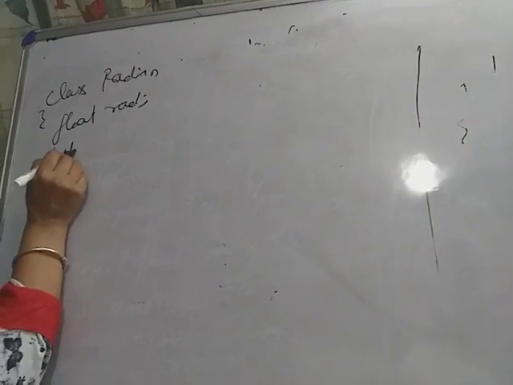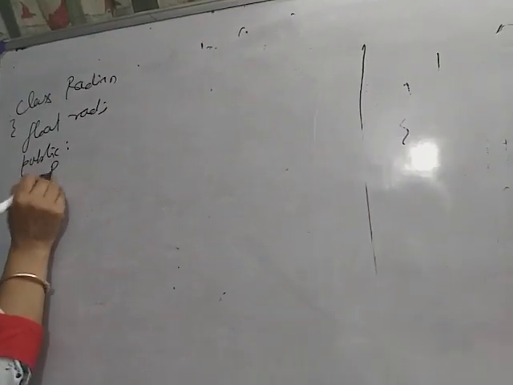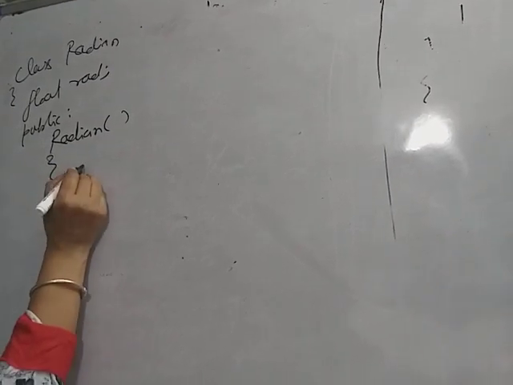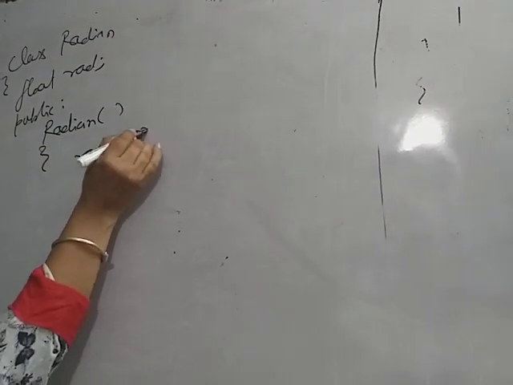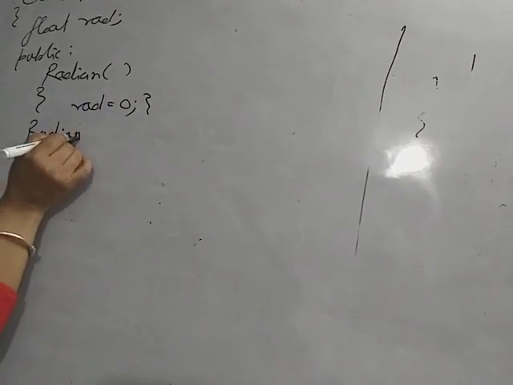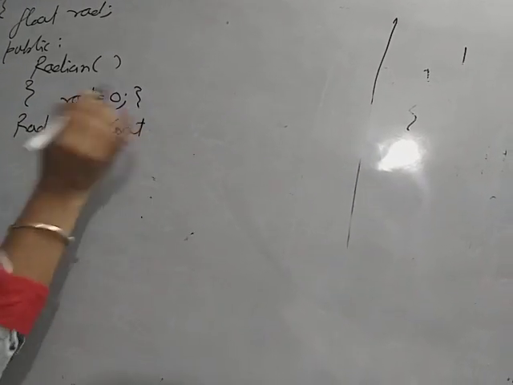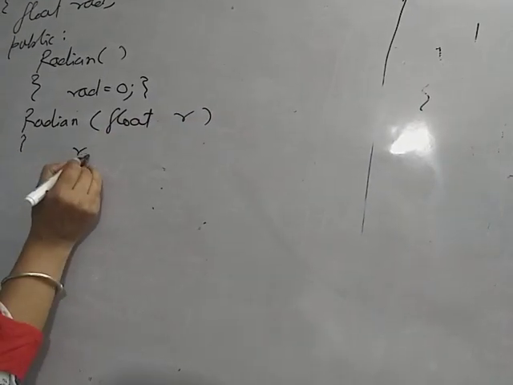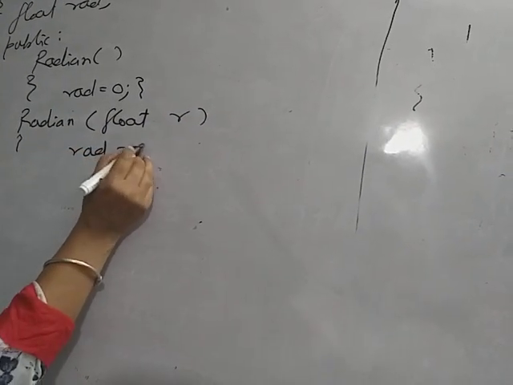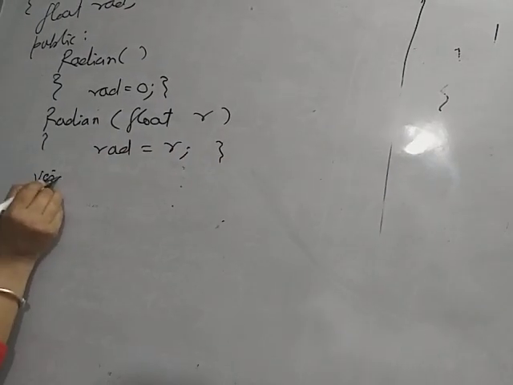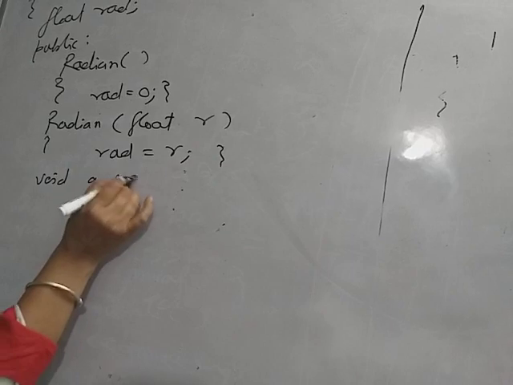In the public part, the constructor radian with rad equal to 0, and then radian with float r, radian equal to r, and void get radian,